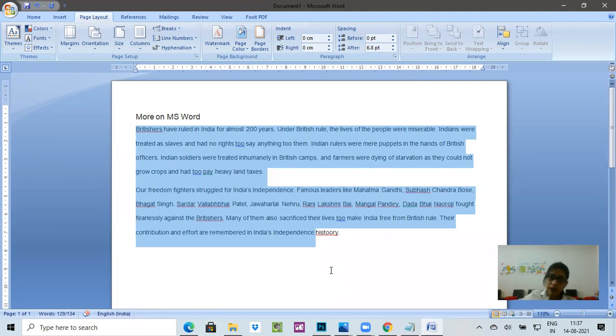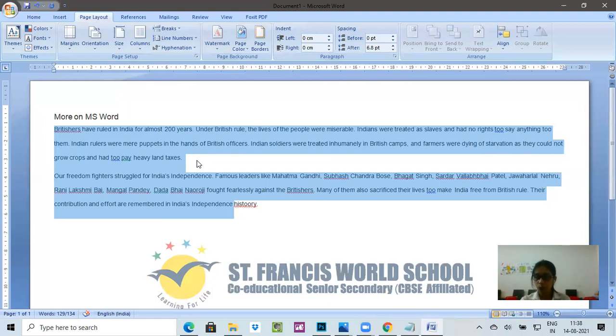Now let's see, the last thing which is left for you today is page orientation. See, this is the page, this is the A4 page. You can write on this page in two ways. One is you can use this page in this way, or you can use this page in this way. When you are using the page in this way, it is called portrait mode. And when you are using it in this way, it is called landscape mode. Right now we are working in Word in portrait mode, and when we open the orientation, we will go to landscape. It is the landscape mode.